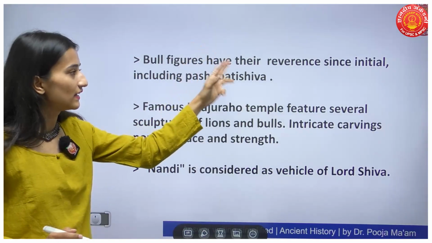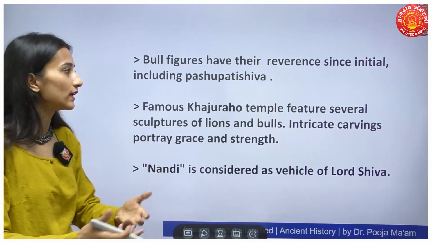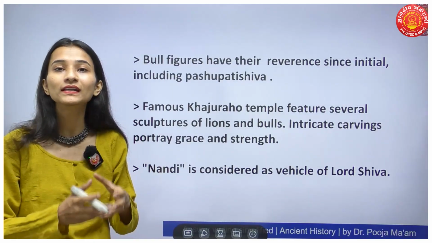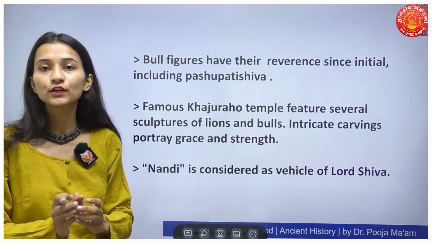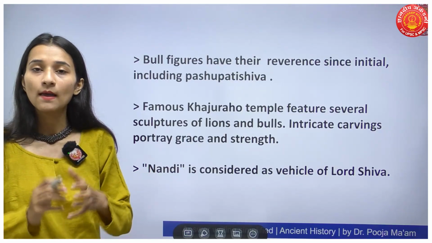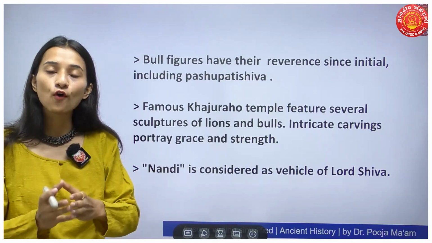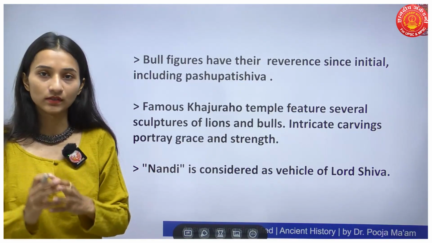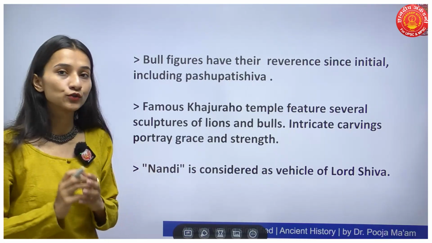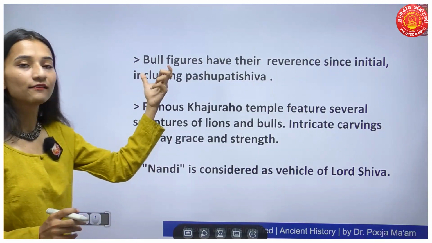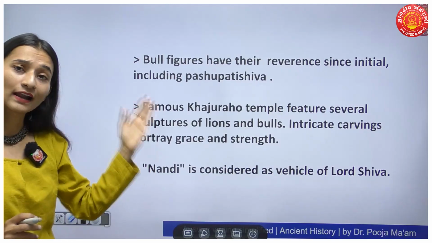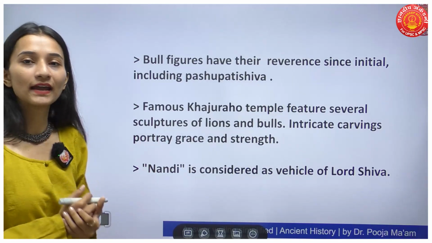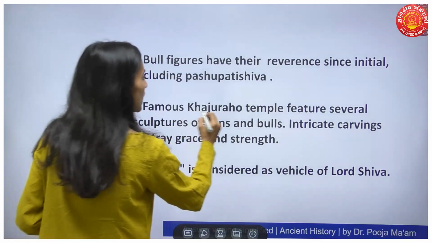Then bull figures have the reverence, that is they are respected or showcased since initials including the Pashupati Shiva or the only initial deity which was worshipped during the Harappan civilization. Basically Pashupati Shiva or the form of Lord Shiva was considered basically as god of animals, okay, or god of Pashus we can call it here. So bull चा reference पण आपल्याला त्या ठिकाणी दिसून येतो right from Harappan civilization, in Indian mythology or in worship of deities. Then famous Khajuraho temple,